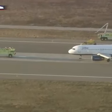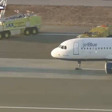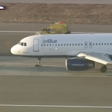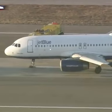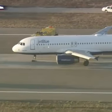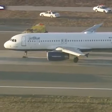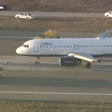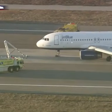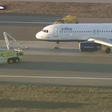And in just moments now, what you'll see is the emergency doors opening up, and everybody will use the emergency chutes at the direction of the stewardesses and stewards, the flight attendants. You can see on the left side of that JetBlue Flight 292, 1, 2, and 3 doors there. They'll be opening any moment now. They will deploy the emergency chutes, and then one by one, each of those passengers will be deplaned. If anybody was injured during the landing, that's unclear right now. But if they were injured during that landing, there are fire crews and paramedics standing by to take care of everybody. There are 3 rescue helicopters on the ground here at LAX as well. If anybody had to